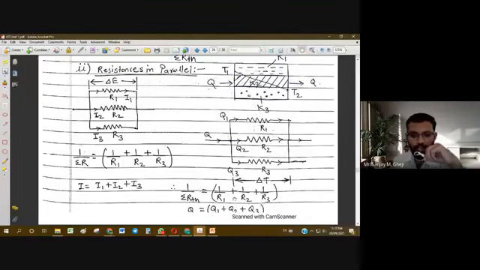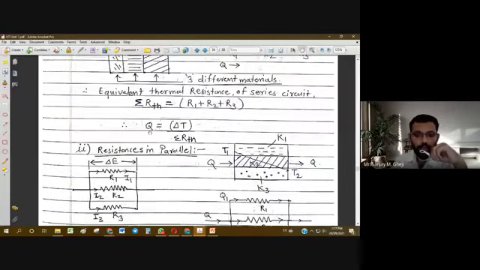So using this formula we can find out the equivalent thermal resistance. We first find this sum and we take the reciprocal of this, then we can easily get the summation R thermal value. Then total heat flow will be the sum of Q1 plus Q2 plus Q3, the sum of all these three heat flows. Then we can use these values in a general equation of heat conduction, that is Q equal to delta T upon summation R thermal. So using series and parallel logic, what we have to do is get the value of summation R thermal.